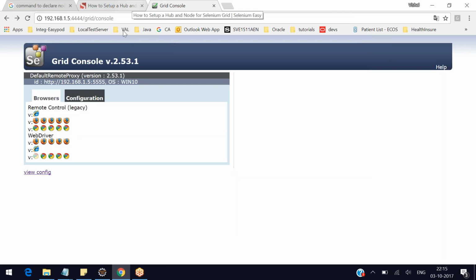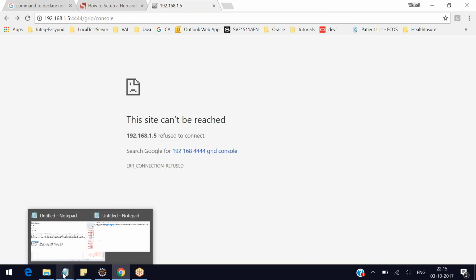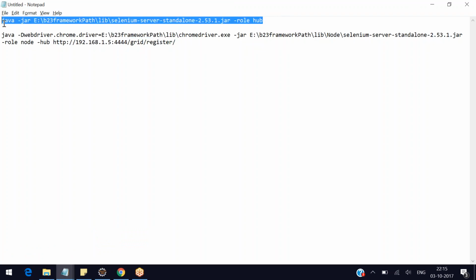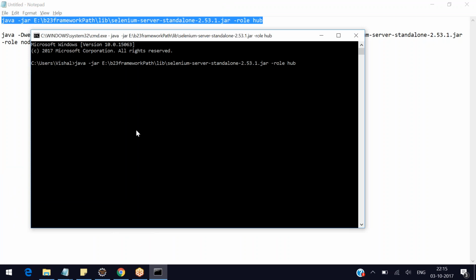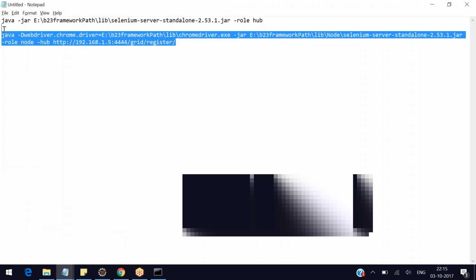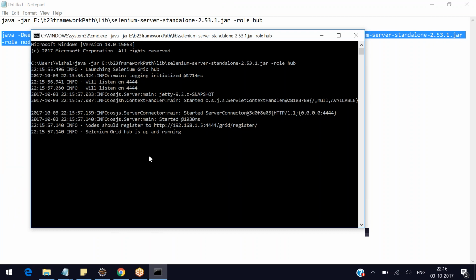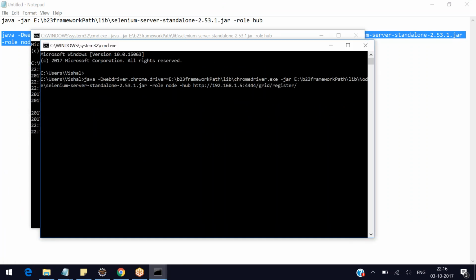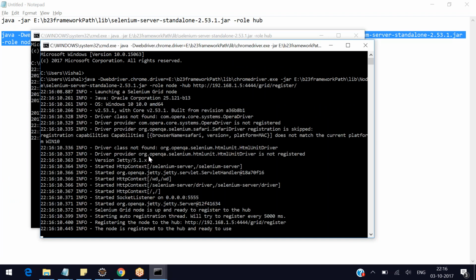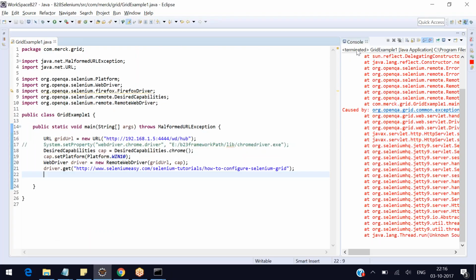Okay, it will not get cleared immediately sometimes. Yeah, got cleared, fine. So let me start the hub again, cmd, and let me start once the hub is ready. The hub is up and running. So let me start the node. I'm making the node and hub the same computer here, but you can have different computers. Okay, that's the thing. So what I'm going to do now is I'll try to run it again,